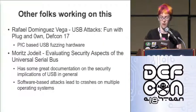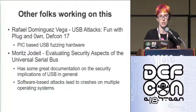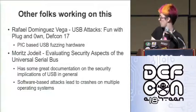Some other folks that are working on this stuff: Rafael Dominguez Vega gave a talk last year at DEFCON. He built a PIC-based USB fuzzing device. Moritz Jodate has a really interesting presentation covering a bunch of security aspects of USB at a protocol level, and has done a bunch of software-based fuzzing that's pretty interesting. So, back to...